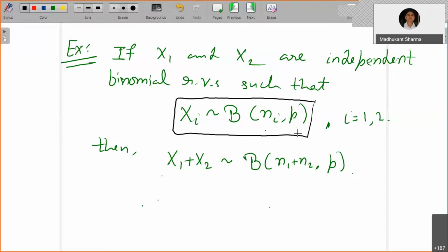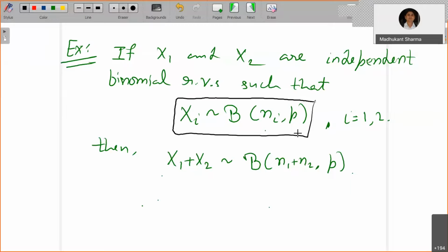We also looked at the expected value, the mean, and the variance of the random variable x, and we came to know that the variance of the binomial distribution always lies below its expected value. And we have simple formulas for getting the expected value and variance of the binomial distribution.